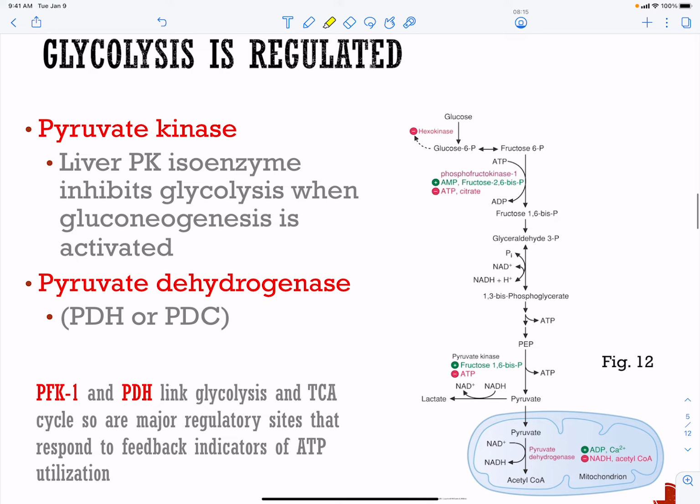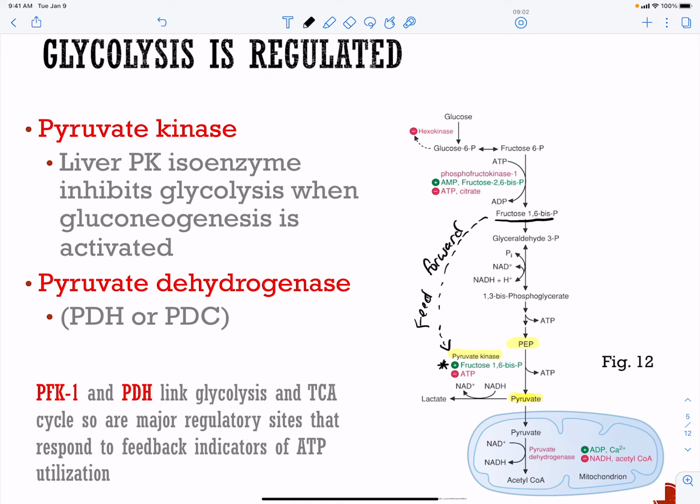Now another step that's going to be regulated is our pyruvate kinase. So our step here that's going to take PEP to pyruvate by our pyruvate kinase is going to be regulated. Now again, think about what we just talked about. Fructose 1,6-bisphosphate is up here pushing through glycolysis. So this is, in essence, a feed forward regulation. Fructose 1,6-bisphosphate is saying, I'm here, you need to keep pyruvate kinase on because we need to push these